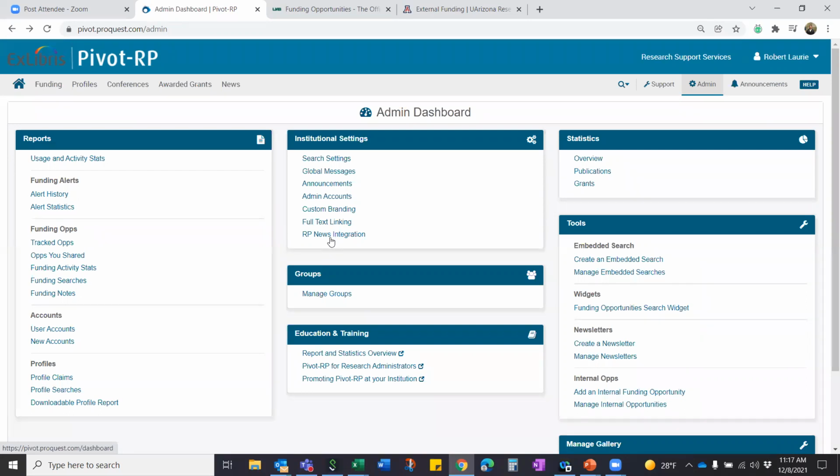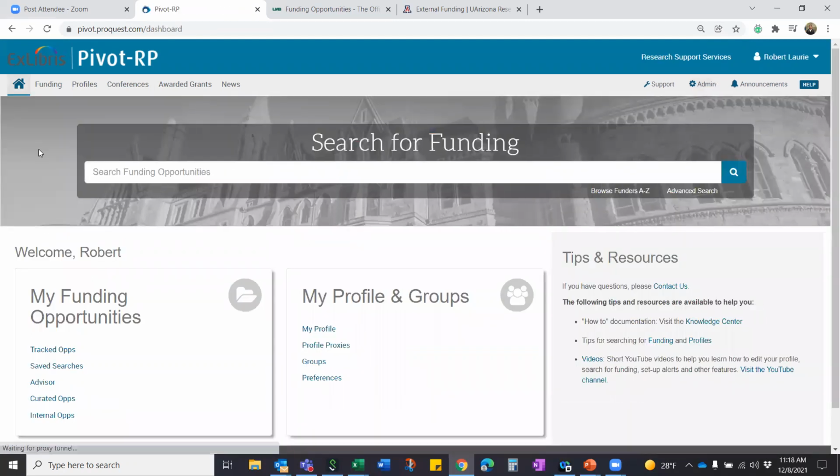So we'll revisit the admin dashboard in a little while, but I want to focus on a couple of things. One of the important things that many admins do at Pivot institutions is they do some of the heavy lifting on behalf of others. By that, I mean that they find funding opportunities for a targeted group or groups of people. You may have a faculty member or a team come to you and say, hey, we need to know about funding opportunities either from a specific sponsor or on a particular topic or of a certain type. All of these things you can do